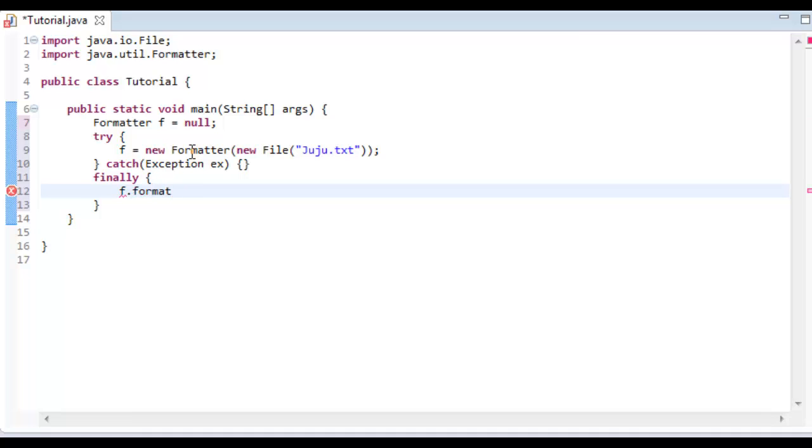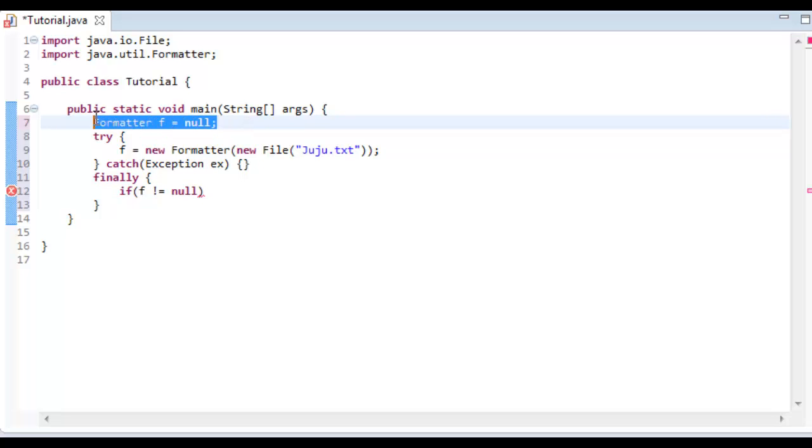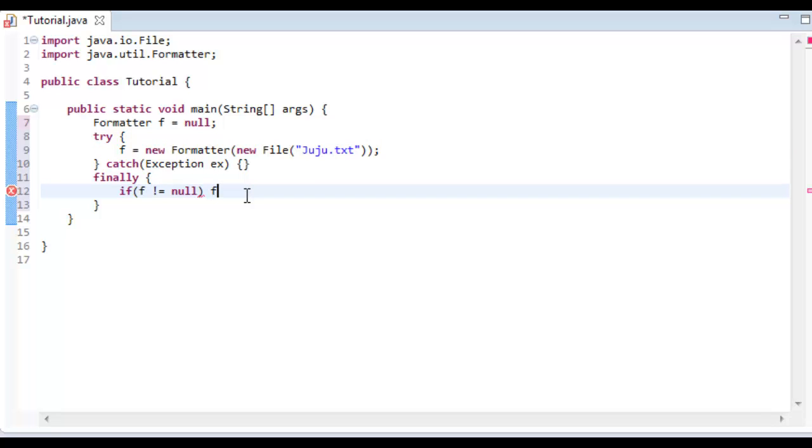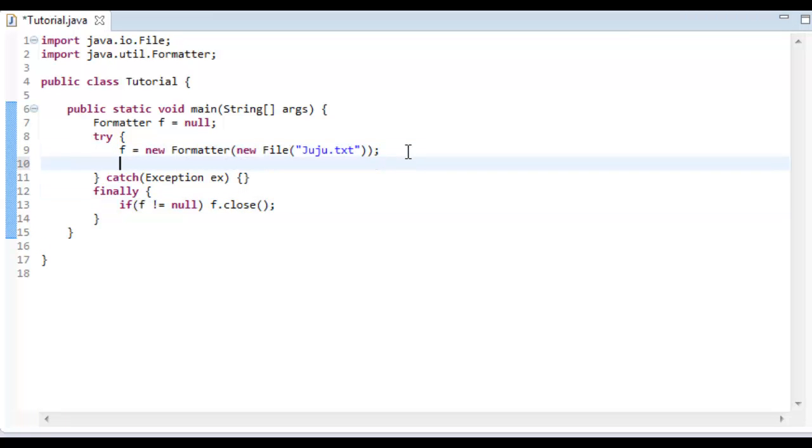I'm going to go ahead and format. Oh, wait. This is finally. So if f does not equal null. So if this line of code did work, what we want to do is make sure that is closed. All right. So let's go ahead and, what we want to do is, how we write to a file is we call format, and